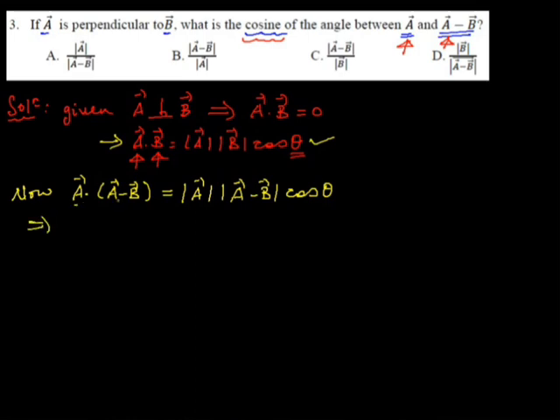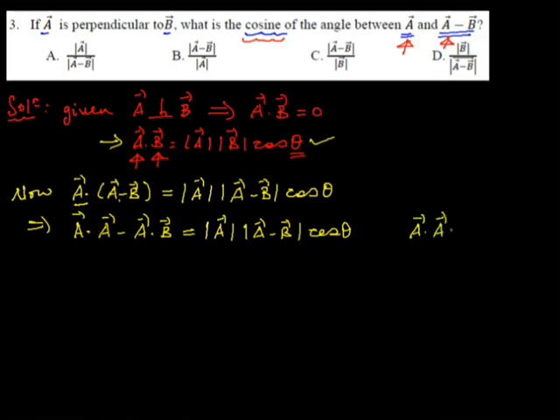So this means A dot (A minus B), let me write it as it is, A dot A minus A dot B. You can use distribution, okay? There is a distributive property on the dot product. This is the same as the norm, or the magnitude of A, times the magnitude of A minus B times cosine of the included angle. Now there is one fact regarding the dot product of any vector with itself: it is the squared value of its magnitude. So this is true. In place of A dot A, we can use the square of the norm of A. So the squared value of the norm of A minus A dot B, which is 0 because it is given that the two vectors are perpendicular,